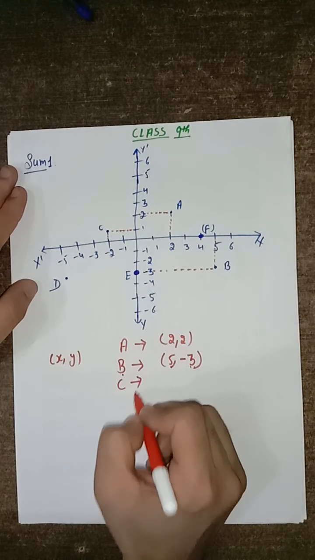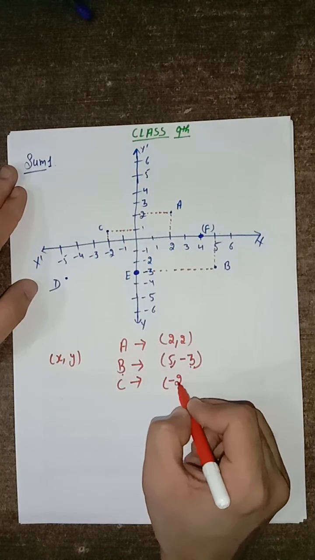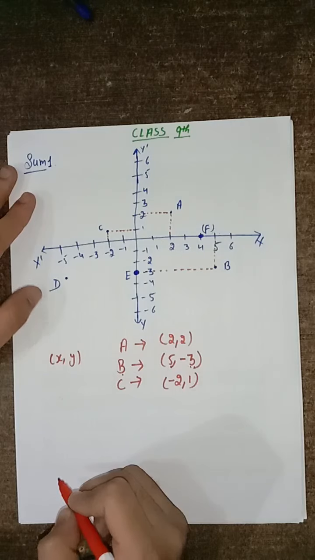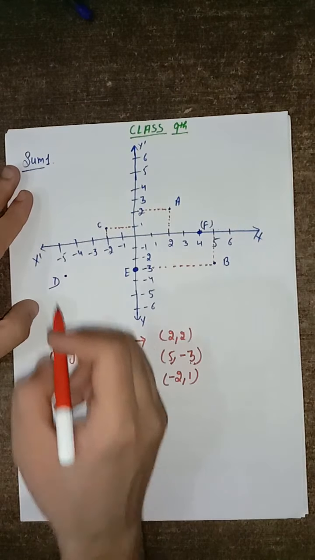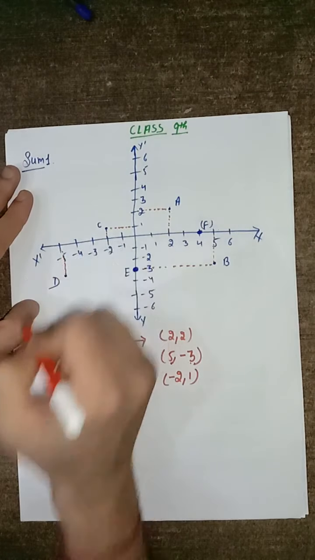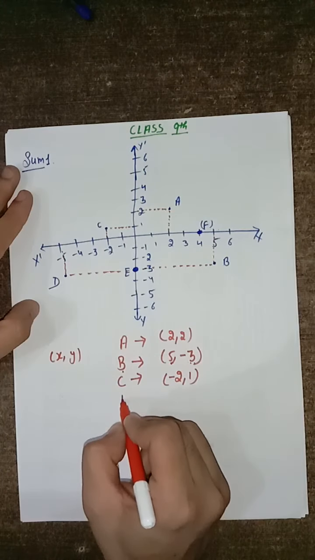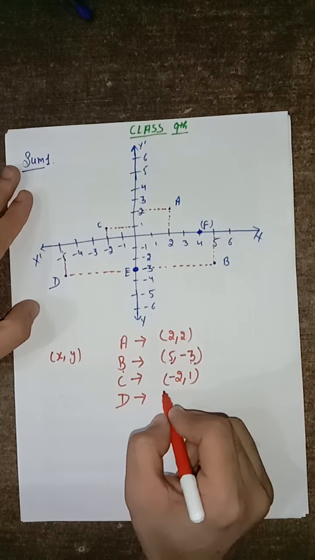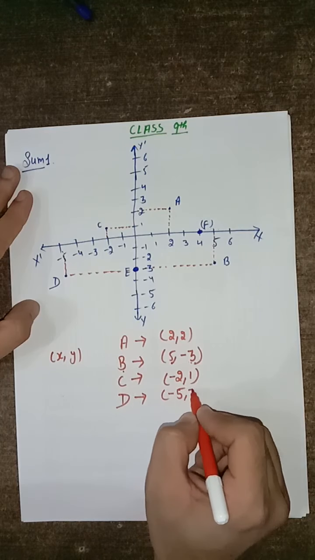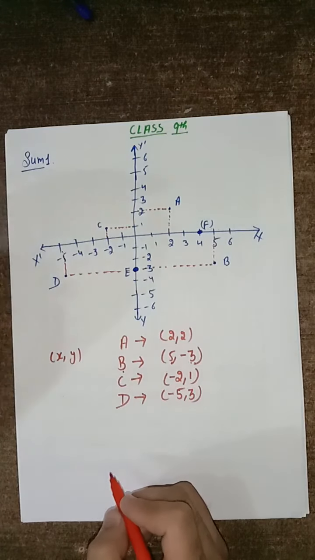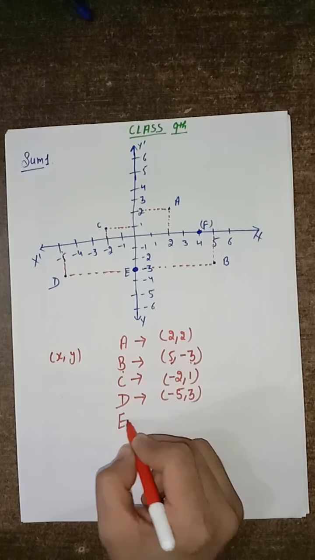So for C, the coordinate will be minus 2 and 1. And that for D will be minus 5 and 3. Minus 5 and 3. And for E,